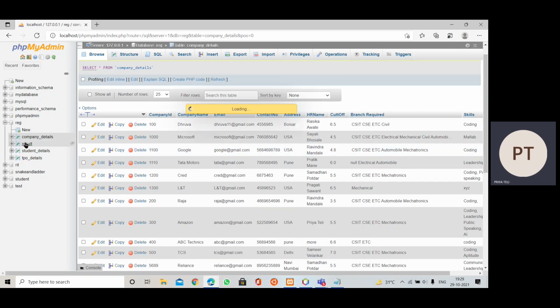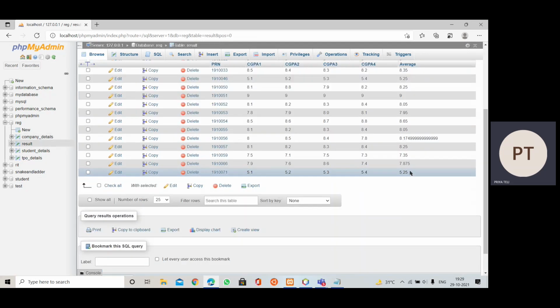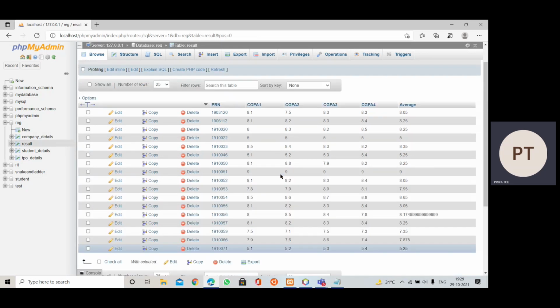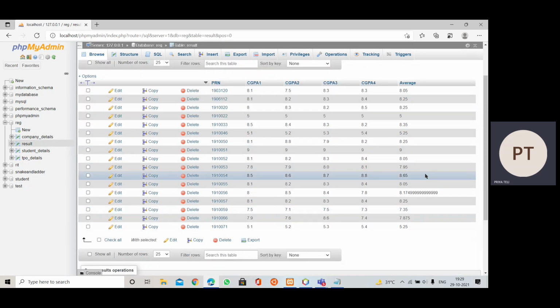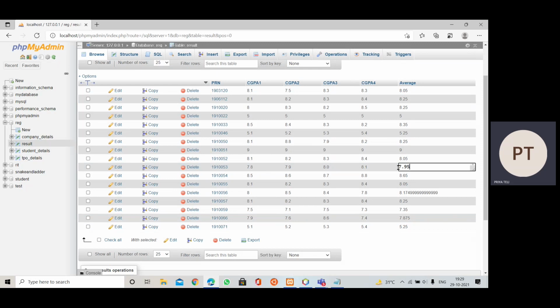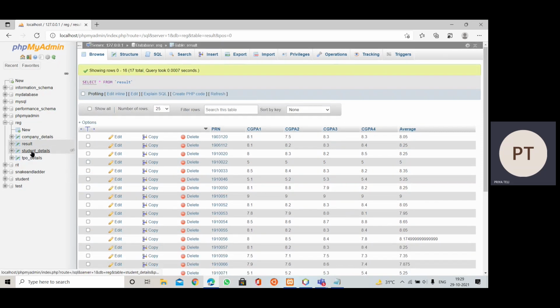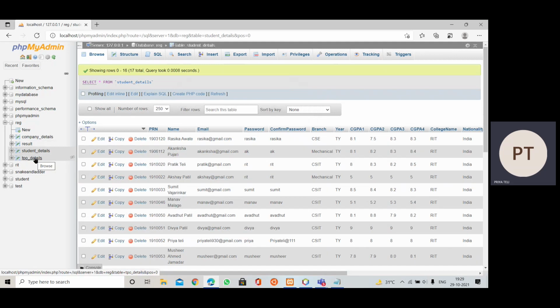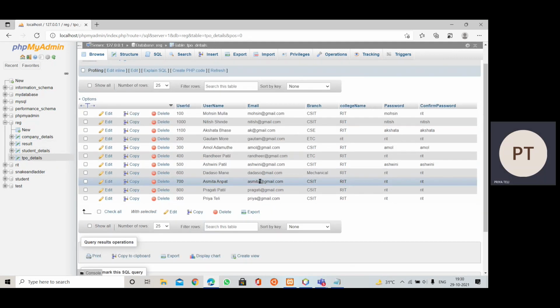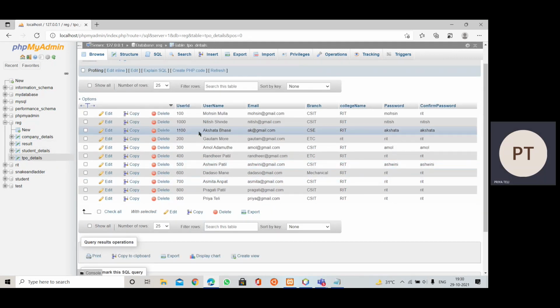Then in this result table we can see the recent CGPA entered and also its average. Then in TPO details you can see this recently entered data.